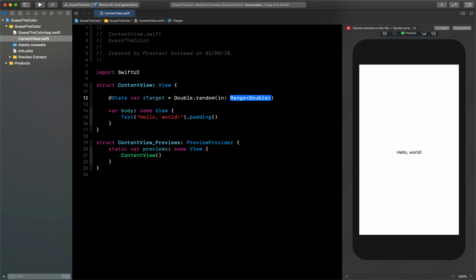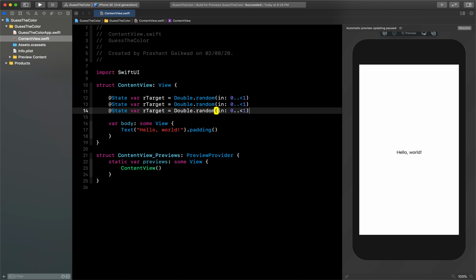So it will take a random value from 0 to less than 1. Then like this I just need to create two more for green and blue. So I will just change this value to green and blue. So this is for my target value. So it will always take a random value between 0 and 1 with a double value, and it will be set to this, and that will be our target color.